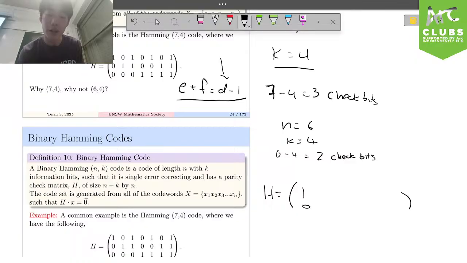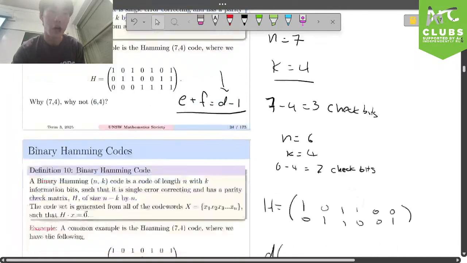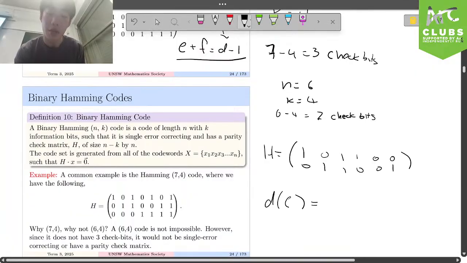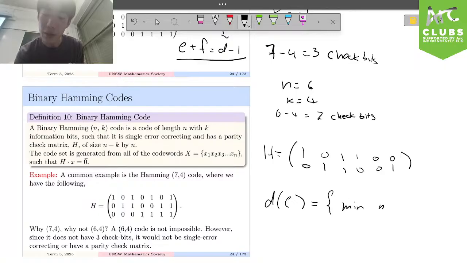We can have like 1, 0, 0, 1, 1, 1, and then we must have some duplicates now, right? We can here have like, I don't know, 1, 0 again, or even 0, 0, or 0, 1. And basically, this makes it kind of bad. And the reason why it's bad is because you might remember that D of this code C, the code which is represented by this parity check matrix H, is defined to be the minimum number